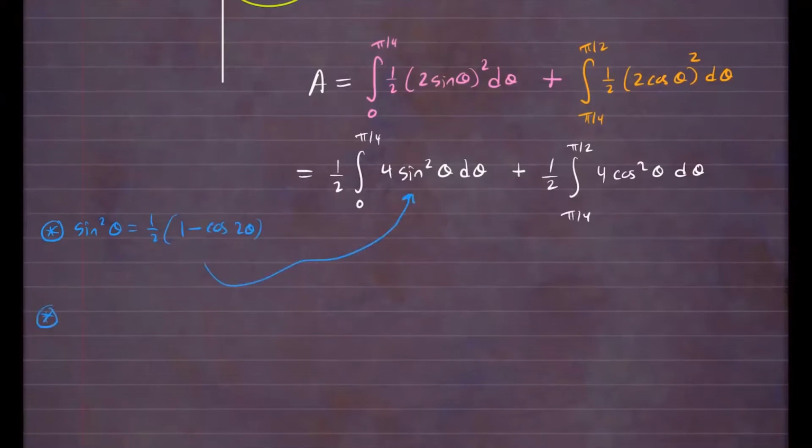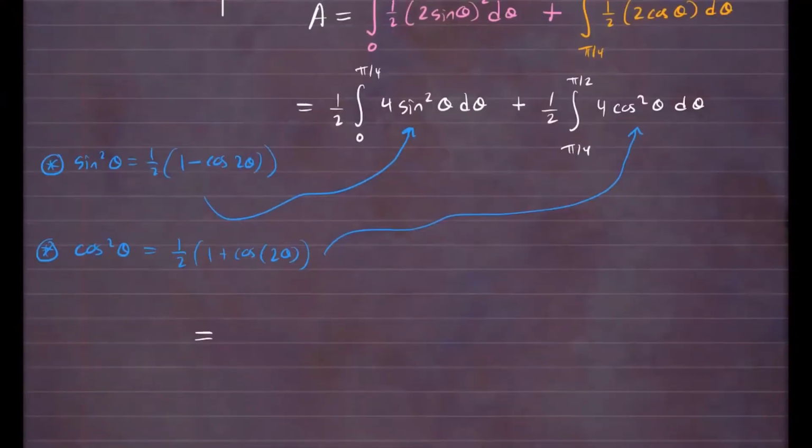And for the second integral, we're going to replace cosine squared theta with 1/2 (1 plus cosine 2 theta). So this is where I'm going to replace right here. So our integral then becomes 1/2, and the 4, I can simplify that as well going along. So this would be 2 integral from 0 to pi over 4. So sine squared, that I'm replacing with that identity, 1/2 (1 minus cosine 2 theta) d theta